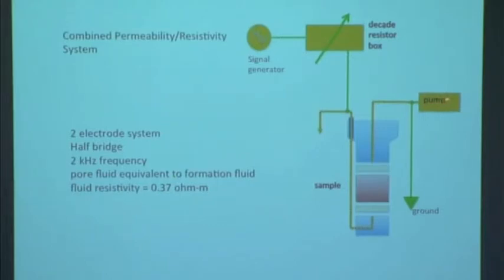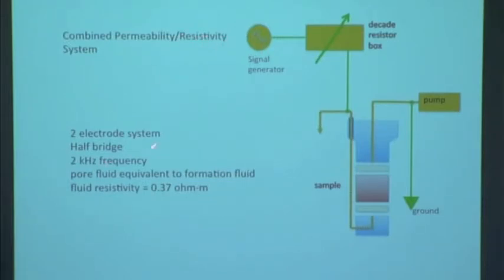For the permeability measurements, we would have a pump providing upstream pore pressure that would flow through the sample, and then high pressure tubing bringing it back out of the pressure vessel to atmospheric pressure. To do the resistivity at the same time, the lower half of the sample assembly had to be insulated electrically, so we had to make a special setup that would bring high pressure tubing out through the end plug here with an insulator,